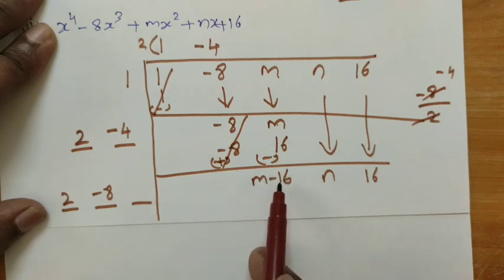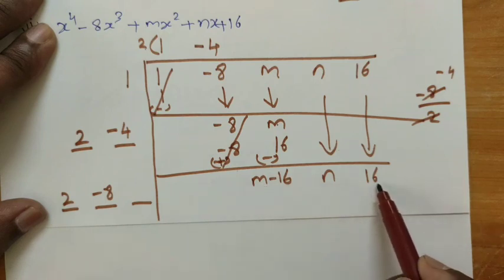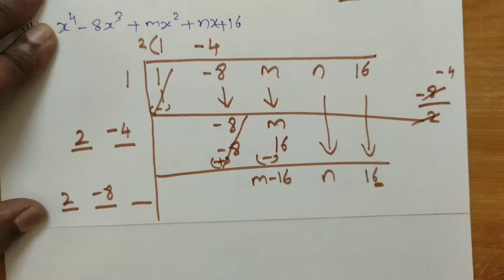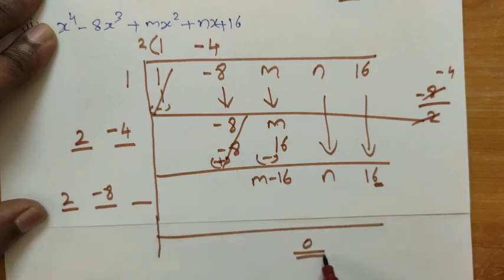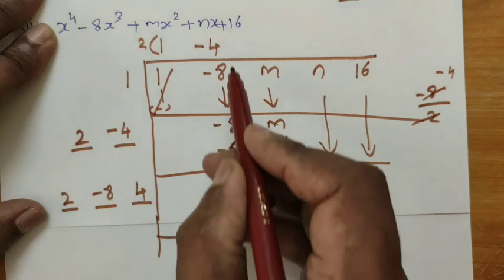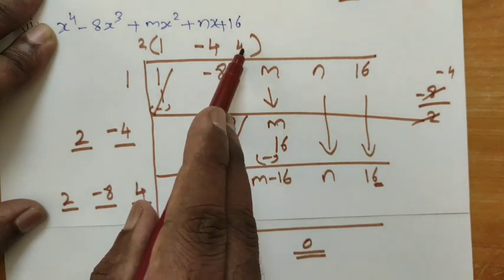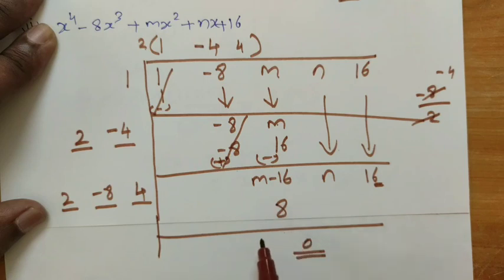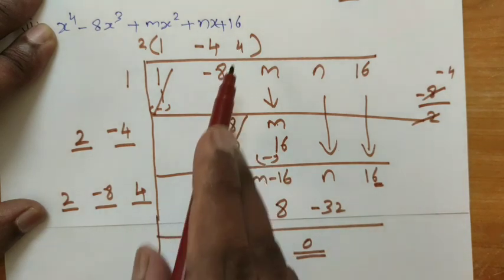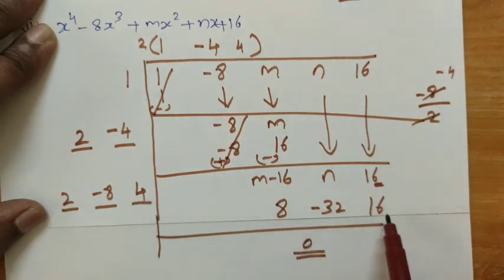Here we see that it is m minus 16. We are not able to find out what the value is here. But we have another choice: see the last term, that is a perfect square number, right? The last term is a perfect square number, that is 16. When we subtract this, we get the remainder equal to 0 by the perfect square, right? So 4 4s are 16. Now you multiply this, 4 2s are 8, 4 into minus 8 is minus 32, 4 4s are 16. When you change the symbol here, plus 16 and minus 16 will be cancelled, we get 0 automatically, right?